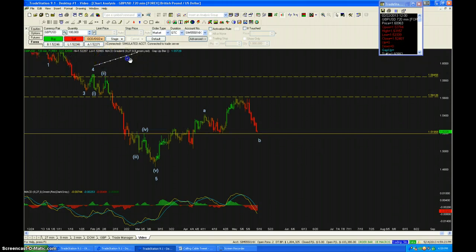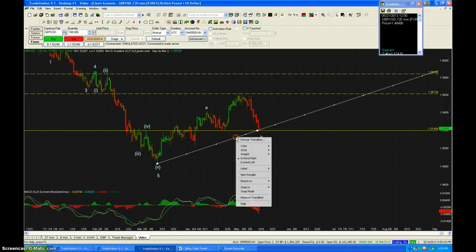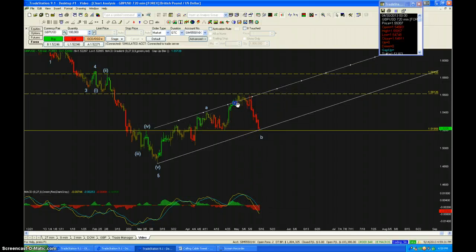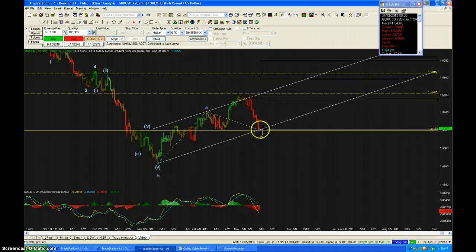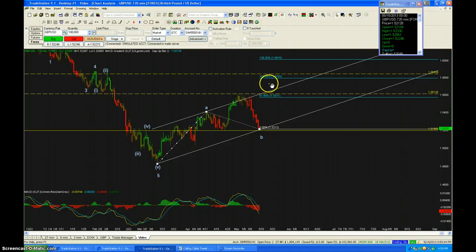So if we put all that in a channel, you can see the B wave gives a bit of a false break. But when we do our Fibonacci relationships of A relative to B, you can see that if C were to get to 100% of A, that puts us textbook right exactly where you would expect, which is near the terminus of the internal second wave of the 5th of this descent. So I think that is the count that I'm going to default to.